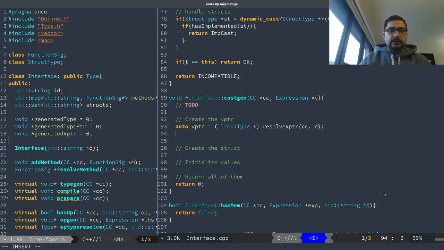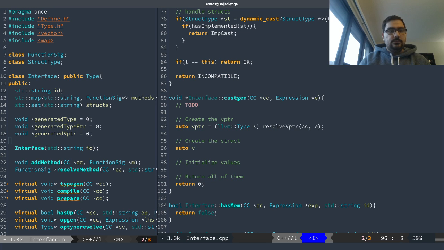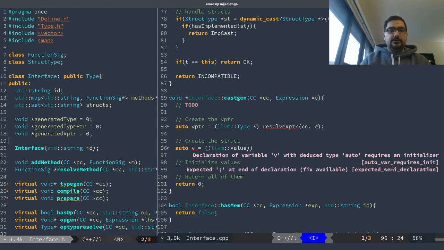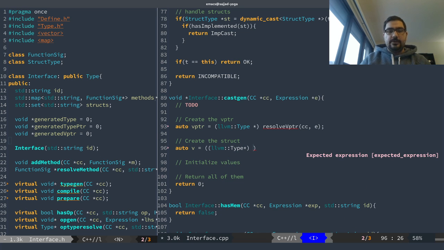So next we have to, with the LLVM value, LLVM type, we have to create something of that kind. And it would be basically generated type,